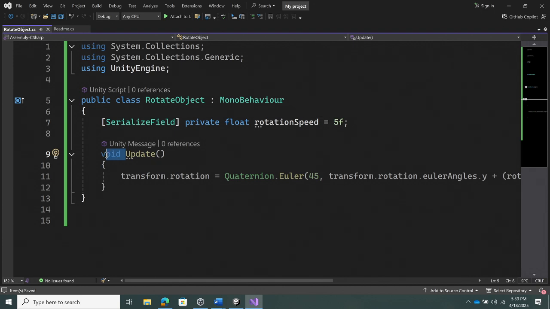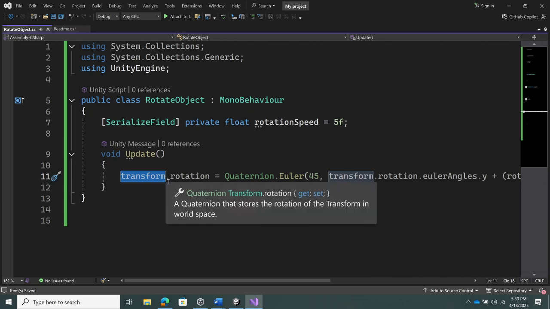Void says it's not going to return anything. It's not going to output any number on your screen for you to see. It just updates something. There's no visual feedback that you would get. And some of you are going to say, but wait, my position is visual feedback. I get that. Don't worry about it. So what it's going to do is every single frame, it's going to access its transform